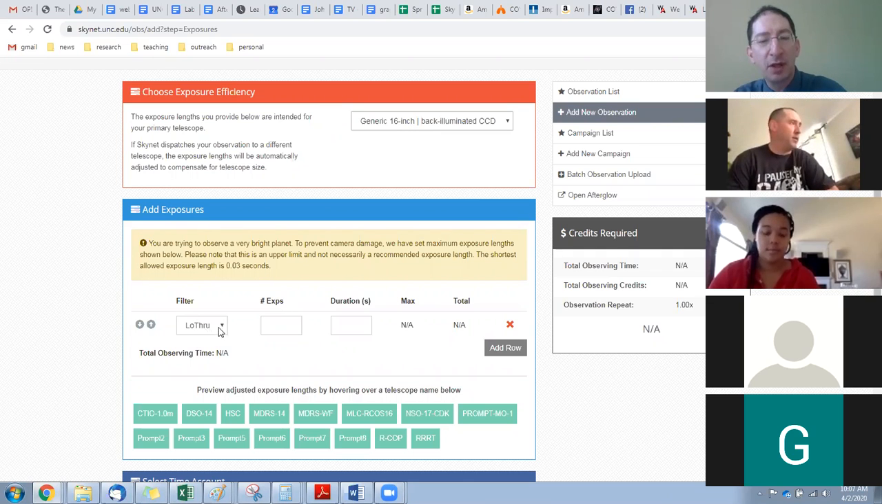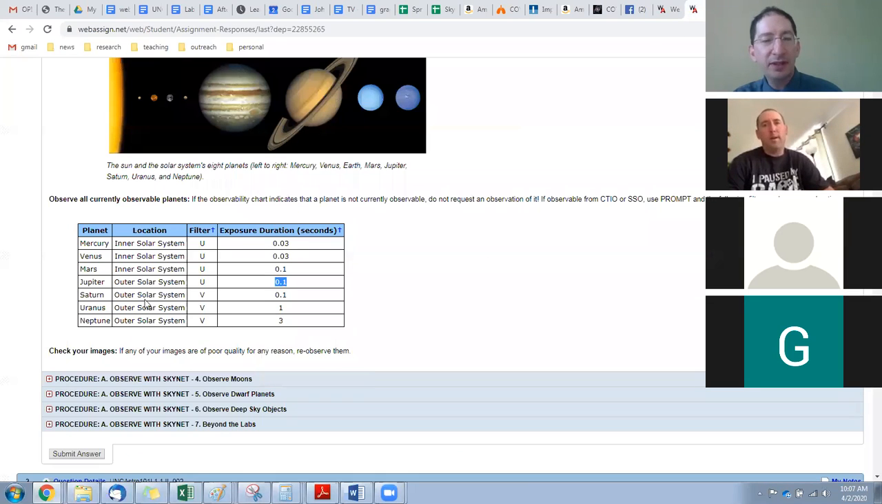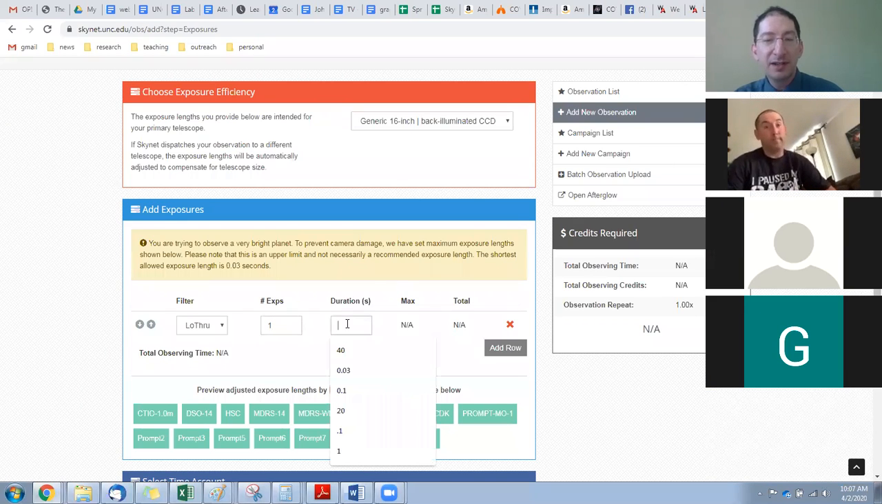So our filter is low through. We're going to do one exposure. And the lab said for Jupiter, 1/10 of a second. That's all it takes. You know, with a mirror that big, collecting that much light, you only need about 1/10